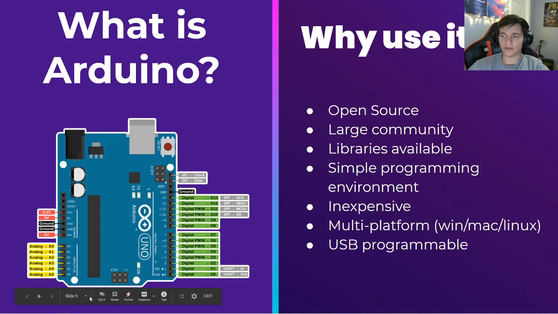So analog pins are those that are variable. So they're not ones and zeros, they're values from 0 to 255 or more. I believe the analog pins go up to, I don't know if it's 8 bits or 16 bits. So the range of values that you could get from the analog pins are very high. But in general, an Arduino is not capable of doing any analog signals itself, which is why the Arduino has an A to D converter, so an analog to digital converter,